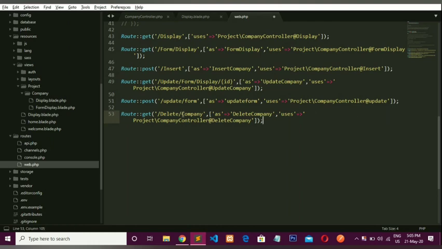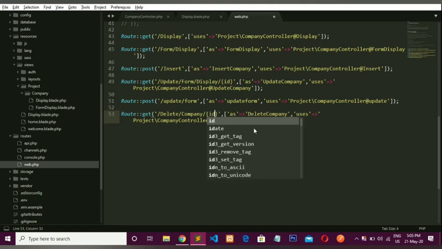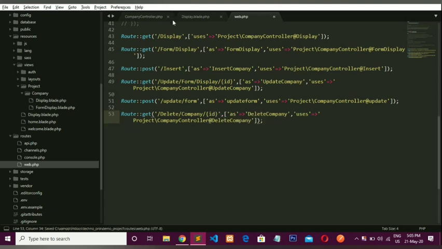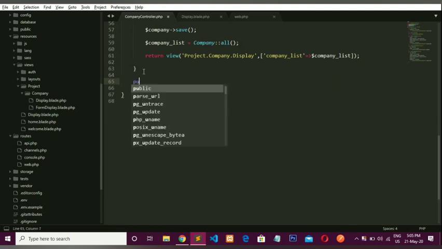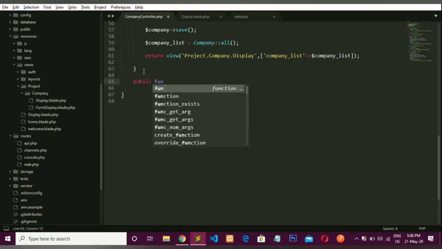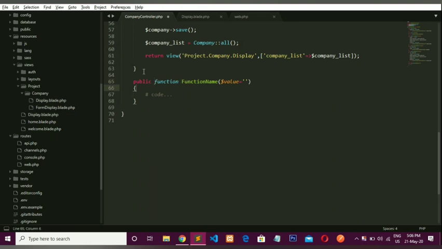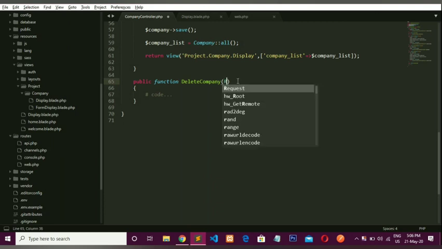Now here we have to pass the required parameter, which is ID. Okay, now go to the company controller and write the method, public function, and our function name is delete company. Here we also get a request because we pass the ID from the form. So request $request.